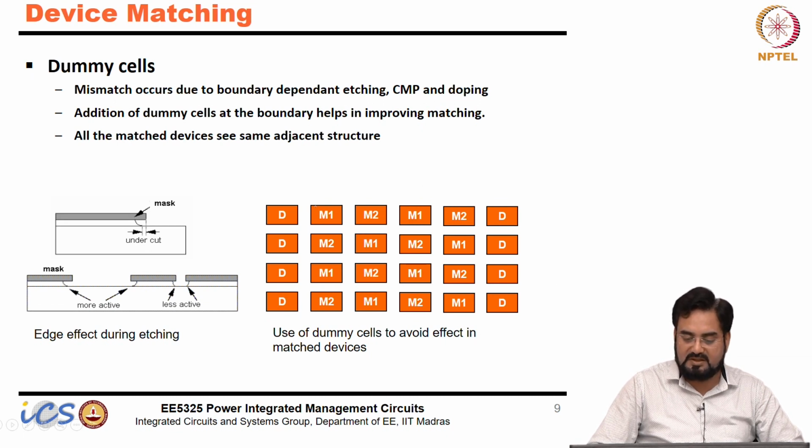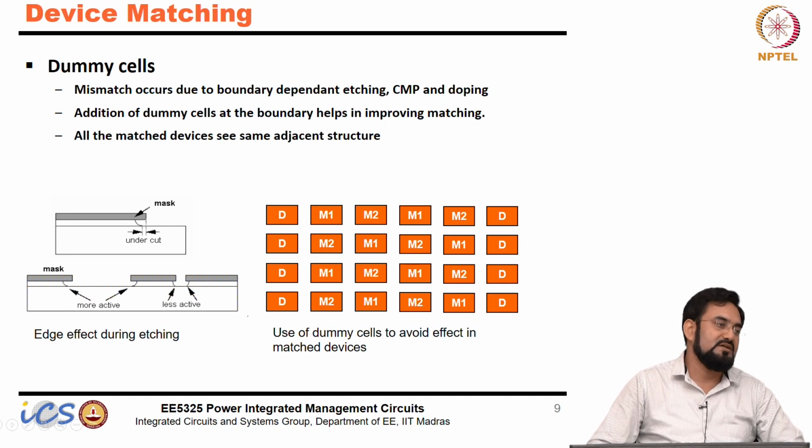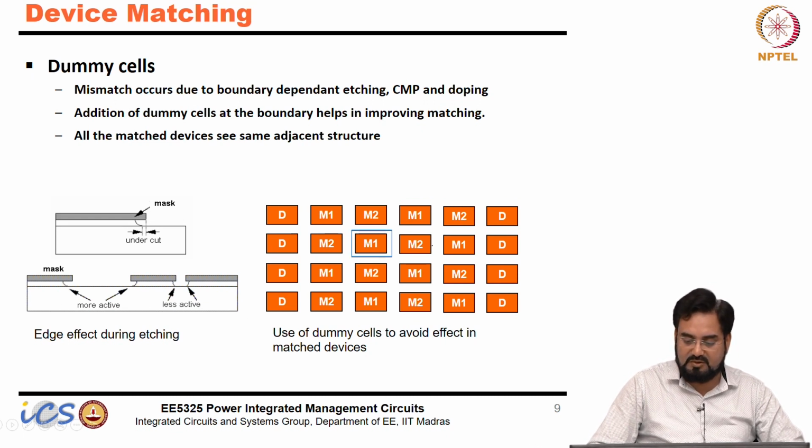So that's why we cover them, all the four sides, with the dummy devices if it's not seeing. So these dummy devices are placed at the border. Okay, because this M1 is seeing M2 on both sides, on four sides it's seeing M2, but this guy is seeing only two sides. So you have to put one dummy here also on the top and left.